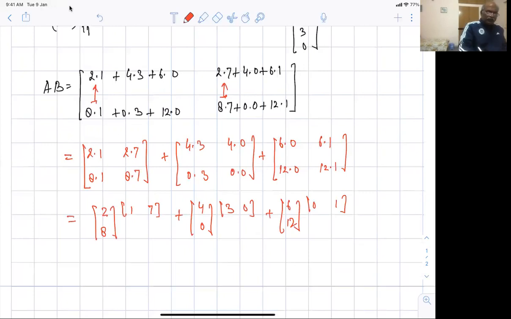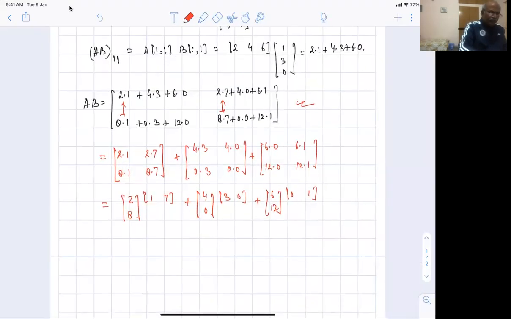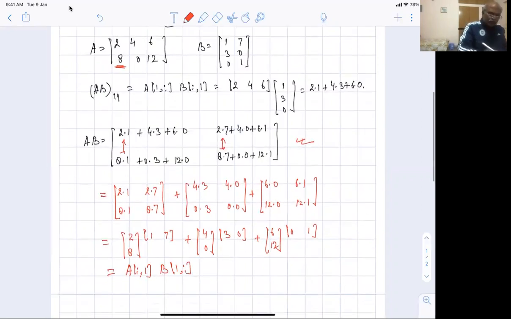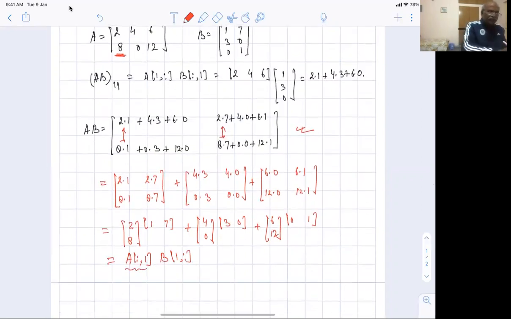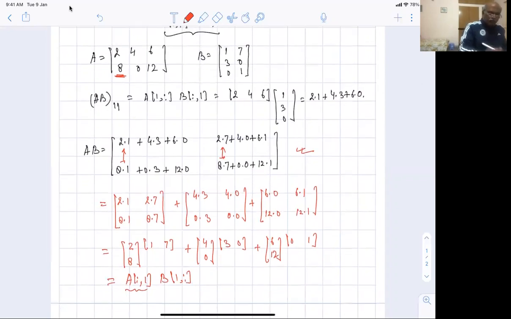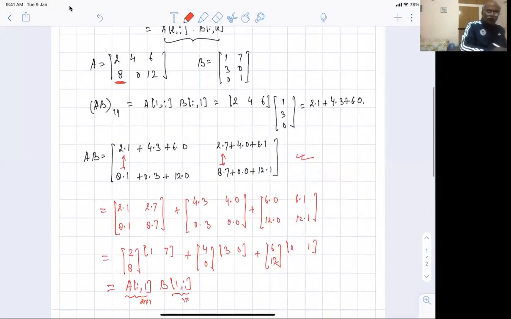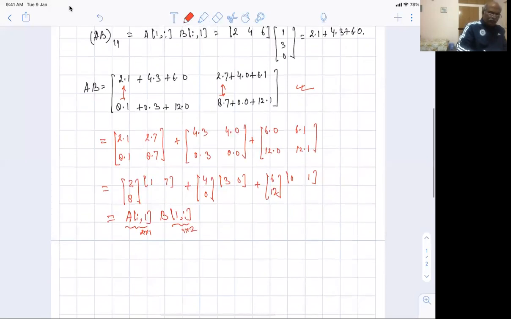Fine. So what we have done is that matrix multiplication was nice, but I can also write it like this. So if you compare here, what exactly we have done is 2, 8 is the first column here. So what we are doing here is I'm looking at the first column of A, and what is 1, 7? 1, 7 is the first row of B. I'm writing it as first row of B. And this matrix multiplication makes sense basically because the first column is of size, look at the column size, it is 2 cross 1. So this is 2 cross 1, this is 1 cross 2, and therefore this makes sense to me. Is that okay?